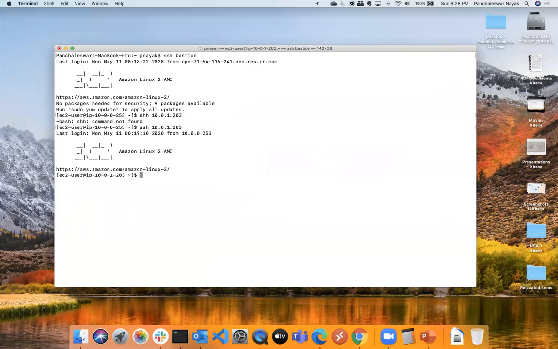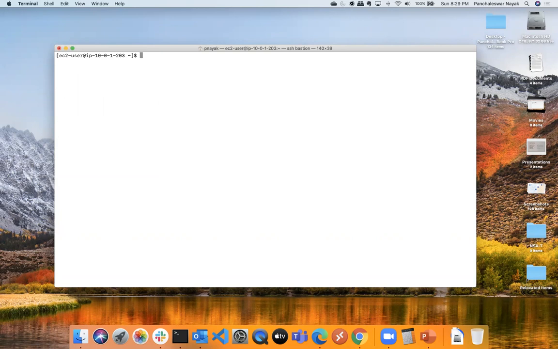Okay, so now one thing is clear. Even without having a public IP address on my private instances, I can reach them. Now, after reaching, should I do something? If I cannot do anything with this, like, can I reach the internet from here? Can I ping google.com? I can't, because it's a simple instance running, but it does not have any route